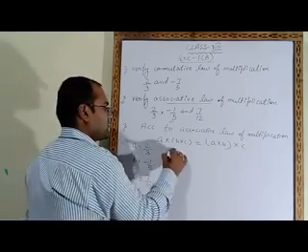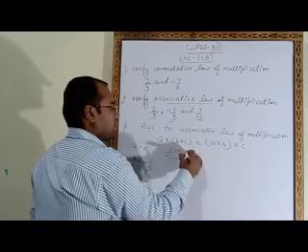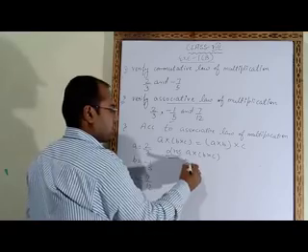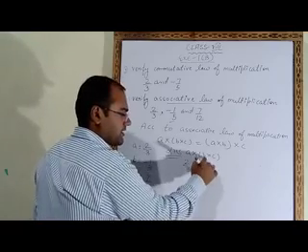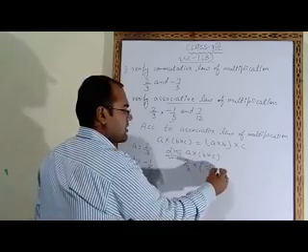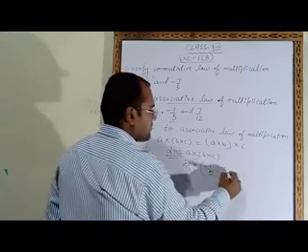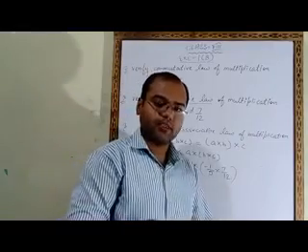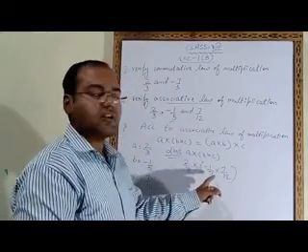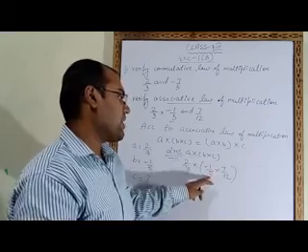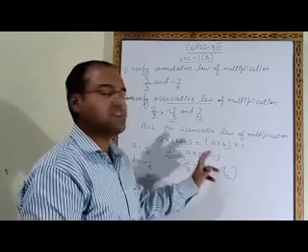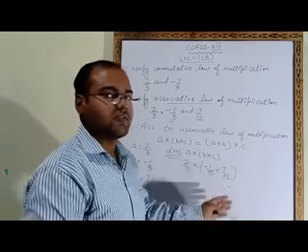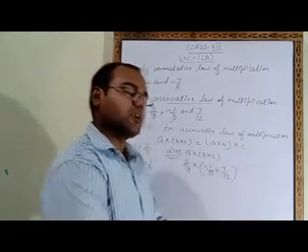Now left hand side, A multiply B multiply C. We will put the value of A, 2 upon 3, multiply bracket B, minus 1 upon 5, into C, 7 upon 12. So first of all we have to solve the bracket. In this bracket we will not be able to cancel any number. This is 5, with the table of 5 we will not cancel 7. Now this is 12, 12 and 7 will not be cancelled with the same number. So what we will do, we will multiply these numbers.